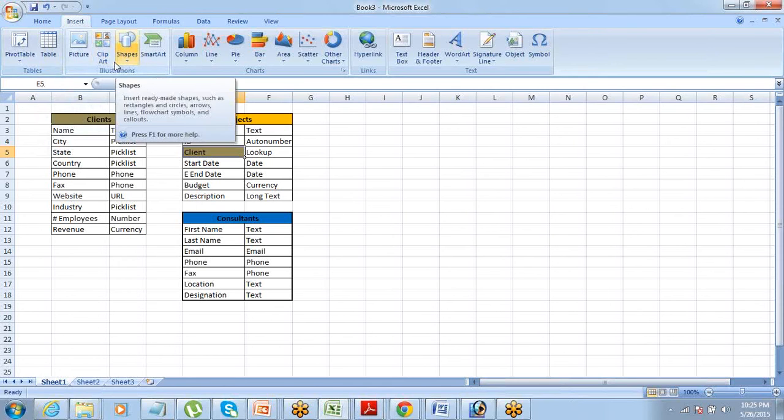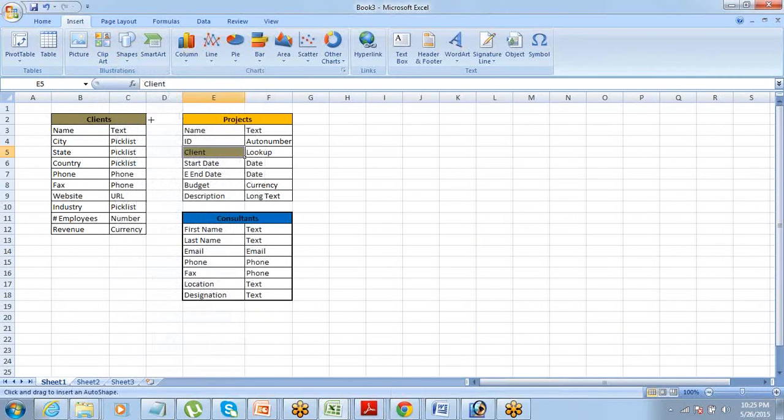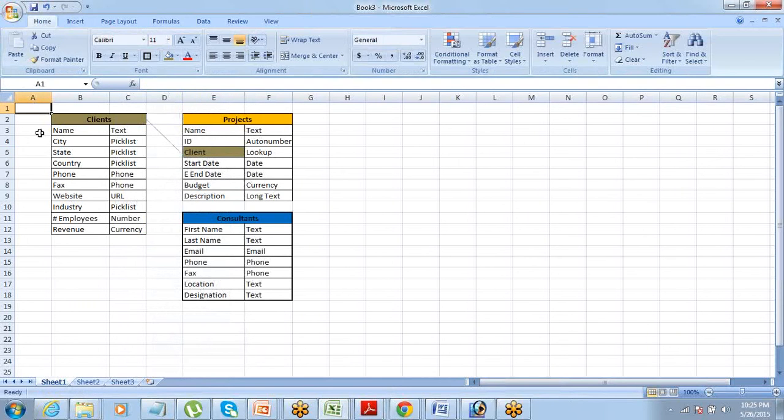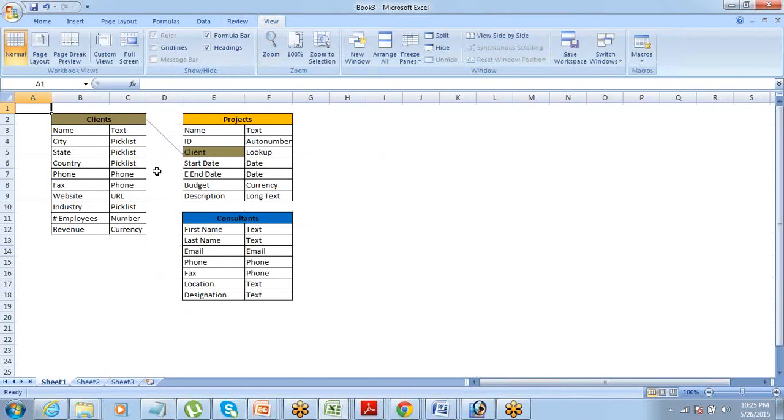So just use this small line from here to here to show the connection. Got it? Now once you have created all these objects, just go to View and remove the grid lines. Okay.